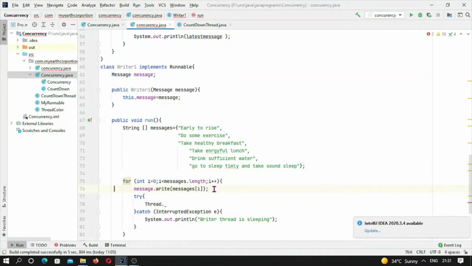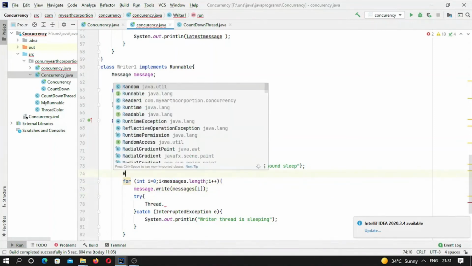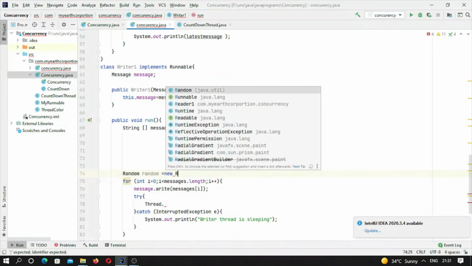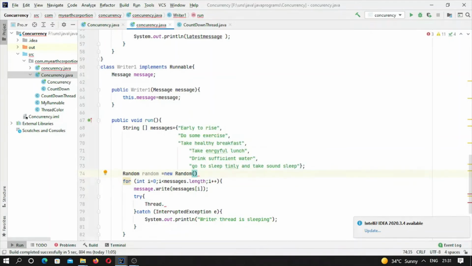First we have to create a random object. Okay, so let me create a random object here, as we have created there, for giving a random delay of milliseconds, some amount of time. So this random object we have created, and now Thread.sleep, and here we have to give random.nextInt, and of course up to 2000. You can take anything, 2000. This nextInt will be bounded by 2000. It means it will create a random number up to 2000, and this will be simply converted into long millis. Okay, so this will be taken as a millisecond. So this is a random delay. Okay, and